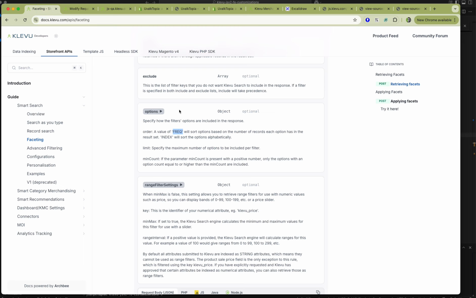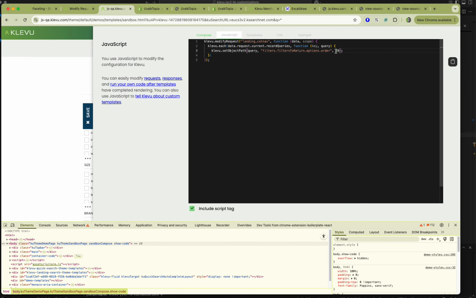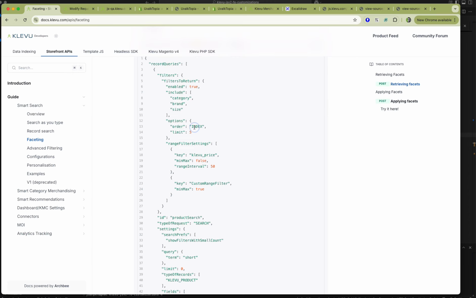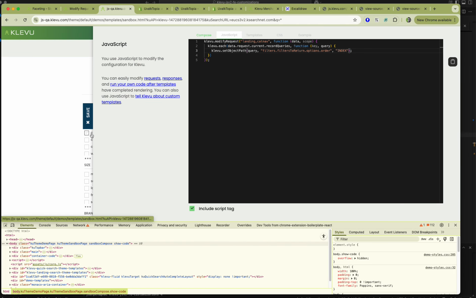Now, in my case, that's not what I'm trying to do. What I want to do is I want to say filters, filters to return, options, and not the limit, but the order. And specifically, I want it to be a string of index. That's what I want it to be. Because obviously, right now, it's in frequency. That's the reason why it's based on the numbers of the results,